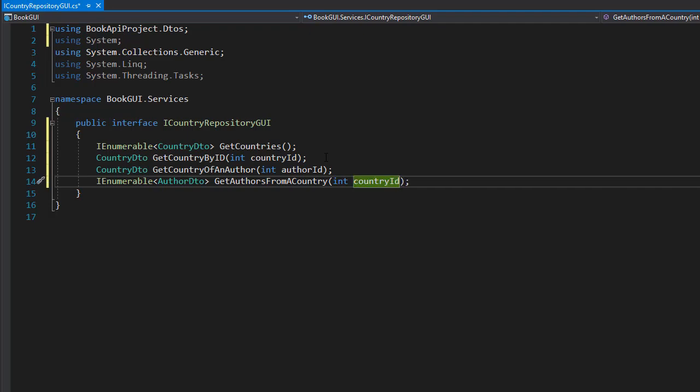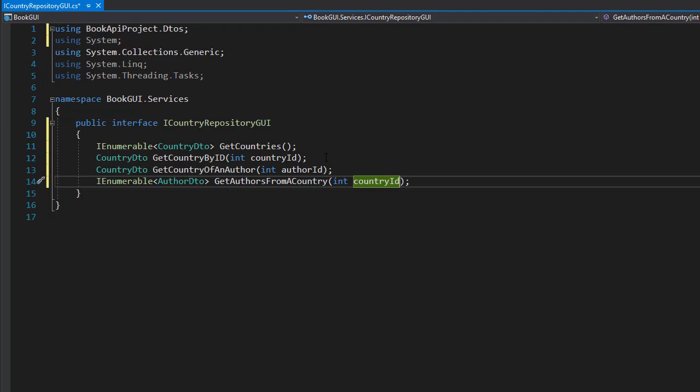Now, of course, we also want to be able to create, delete, and edit country. However, we do not need these methods in the interface. These are specific methods that will be used only in the countries controller. The interface simply needs to have all the HTTP GET methods so that we can mix and match data between different tables, as I explained previously. And creating, deleting, and editing records does not need to be passed around, as for example, creating a country will